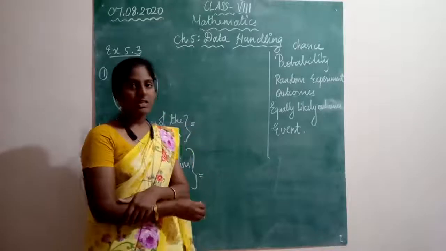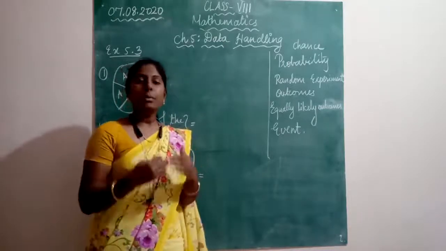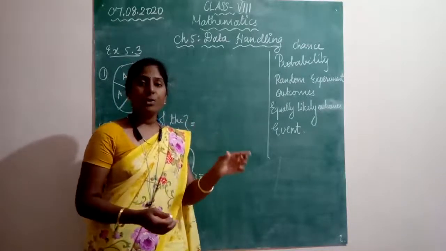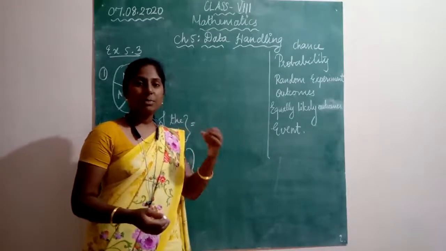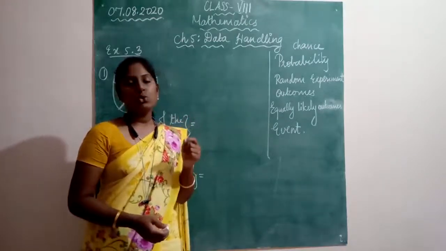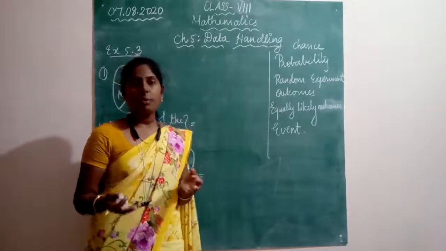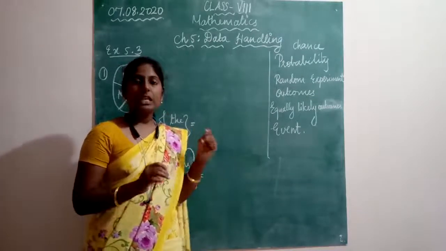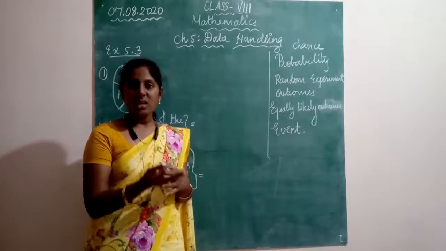Okay, next, event. So what do you mean by event? So I was just saying that probability of getting 1 on top of a die. Okay, so that getting 1 on top of a die is known as event. So out of the experiment, some favorable outcome that we need is known as event. Okay, so for example, if you toss a coin, you don't know whether head appears on the top or tail appears on the top. Okay, so here the event is, I am saying that getting a head on top of a coin. Okay, so that is known as event.